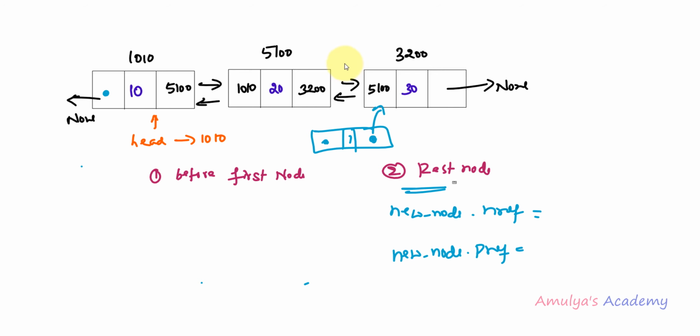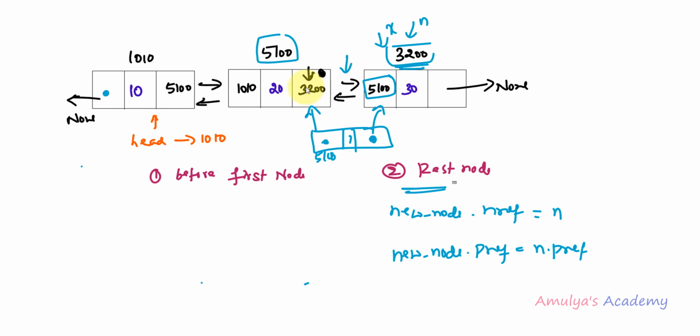Now here I'm adding the new node before this node. So I'll take this as x. So n is also pointing to here now. In the new node next link reference, I need to store 3200. 3200 is nothing but n now. So you need to take n here. And for new node pref, I need to store this node reference, that is I need to store 5100 here. So 5100 is stored here in the n dot previous reference. So you need to take n dot pref.